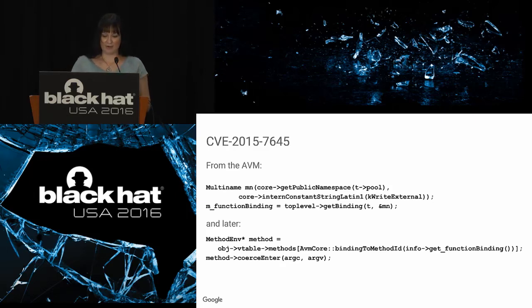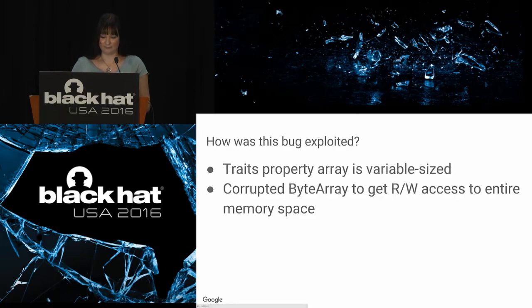So this code is where it attempts to actually implement this and fetch the writeExternal and call it when you're serializing an object. So the first thing it does is it gets this binding. But note that you were allowed to overwrite this with an integer, so it is not a function binding. So this m function binding is not correct. And then it will use this function binding to index into a method table, except that's not correct. So this is actually an index outside of the table, and then you're calling this virtual function on unallocated memory on the heap that you can control.